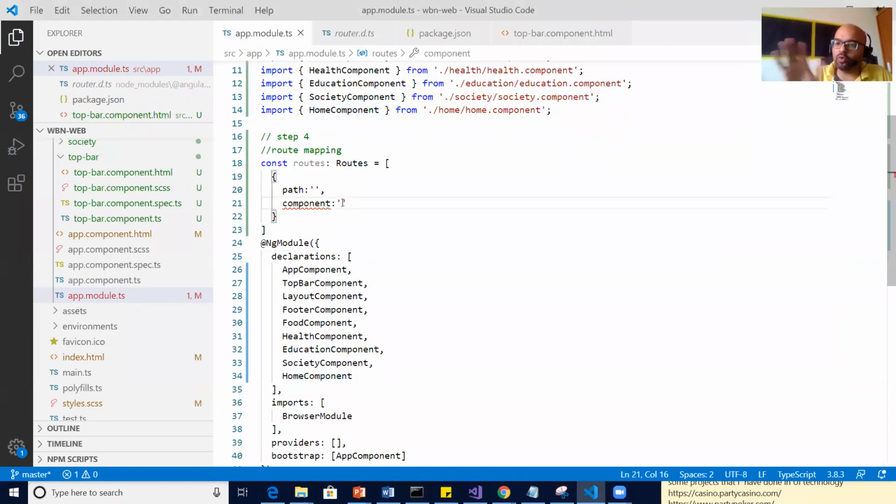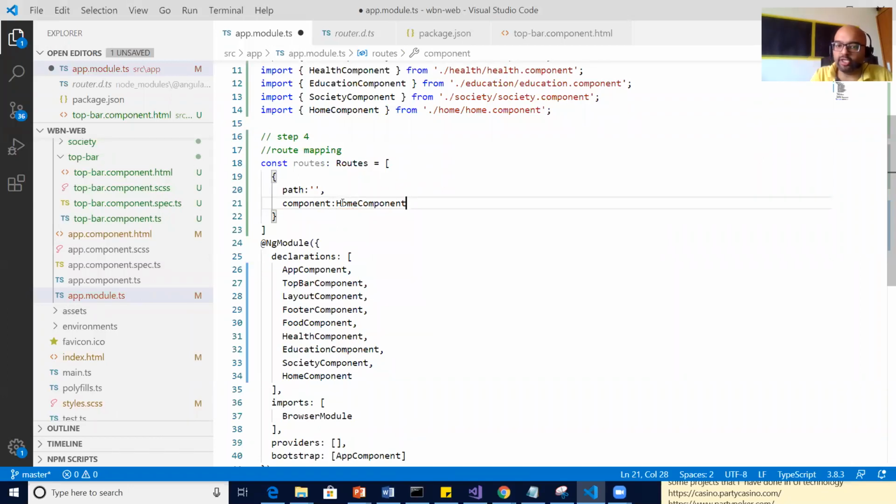So when there is no route, when the application loads the first time, no slash anything, just localhost 4200 or vbuildnation.in, then you load home component. That's my first entry.